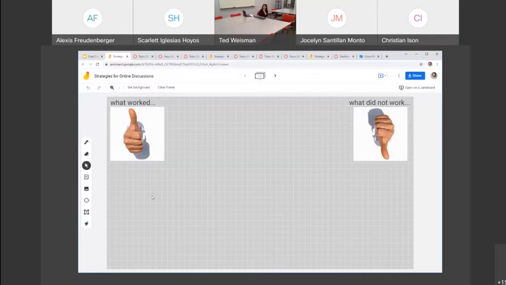So can everyone see the Jamboard? Okay, got some thumbs up. Can you guys access the Jamboard? Are you able to write on the Jamboard?